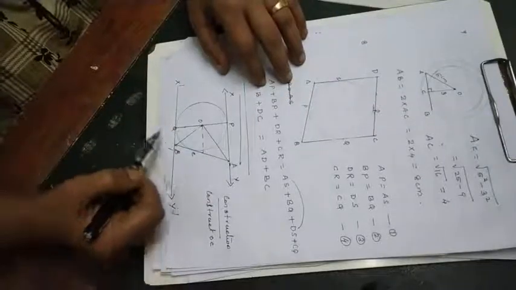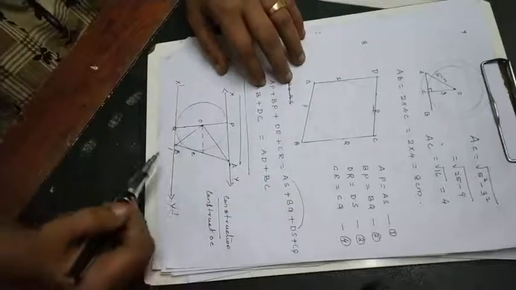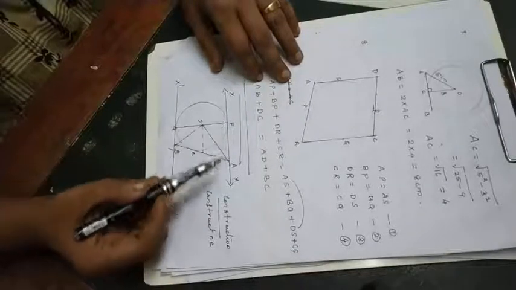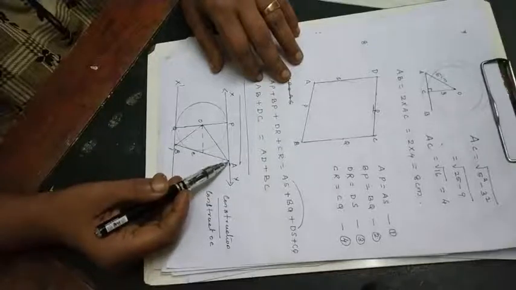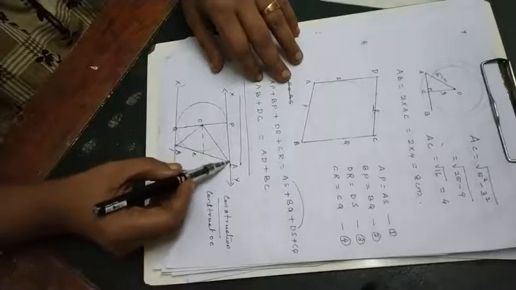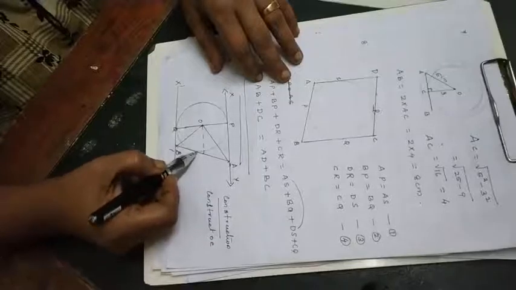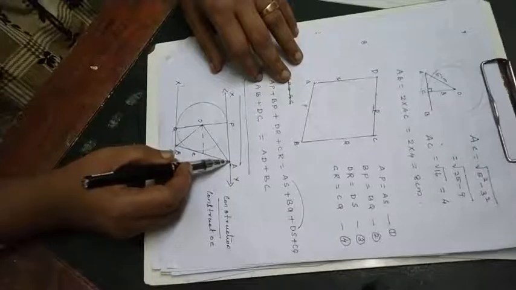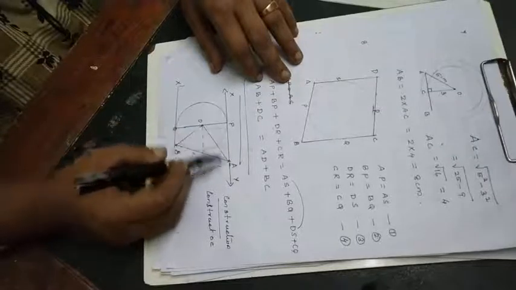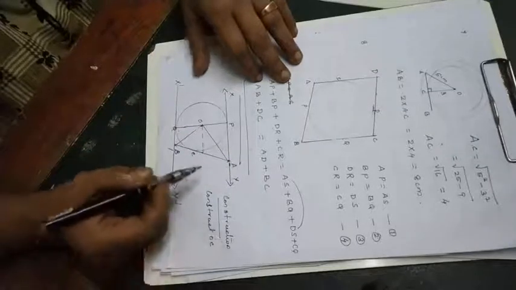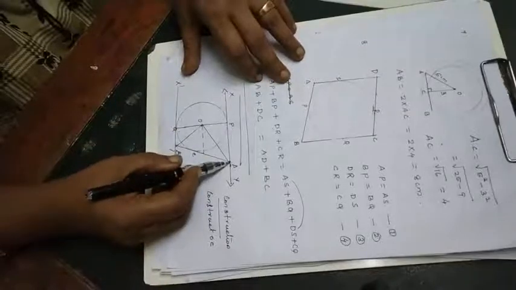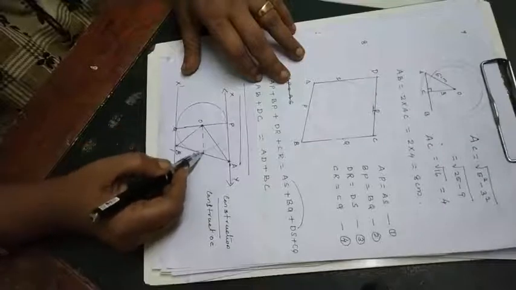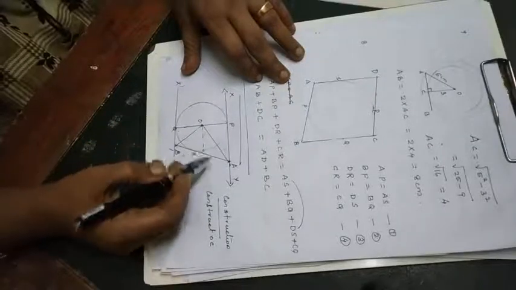Now look at this one. XY is a tangent, that is given. X'Y' is also a tangent, given. So tangents from the same point will be equal. So AP will be equal to AC. Okay. And why? Because this is the tangent from A. AP and AC will be equal. Now OA equals OA itself, and OP and OC are the radii, so they are equal.